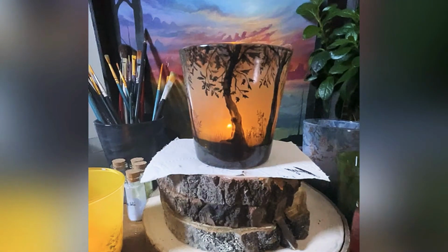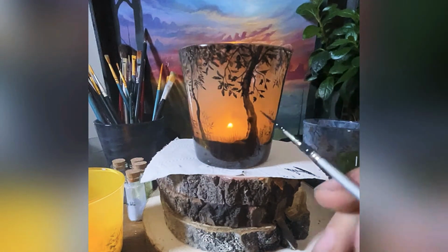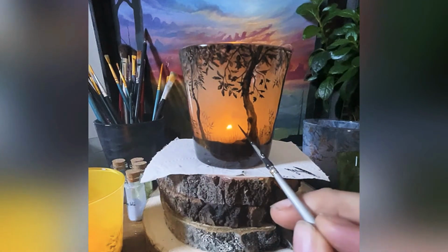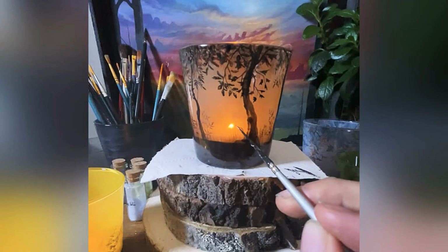And I have to decide what to paint on after this. I have quite a lot of different projects. If it's going to be winter or spring, or maybe I will do one of the glasses that I started the last live stream. That might be fun. That's one of the more challenging ones, because one of the people that was in the